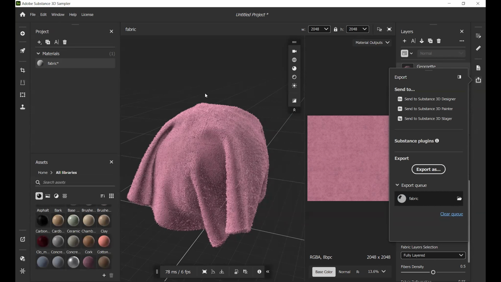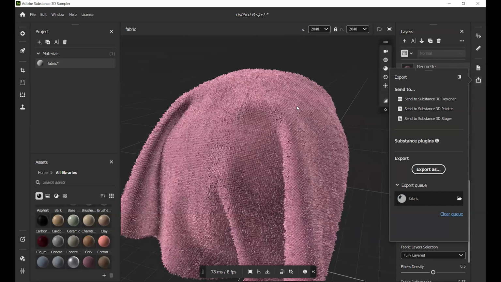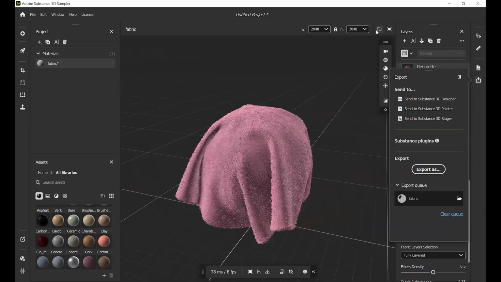Next thing we want to talk about is our 2D and 3D viewport. Now you can see we have 3D and 2D both. But if you want to see only 3D, you can go here, and I can see I have the 3D view here.